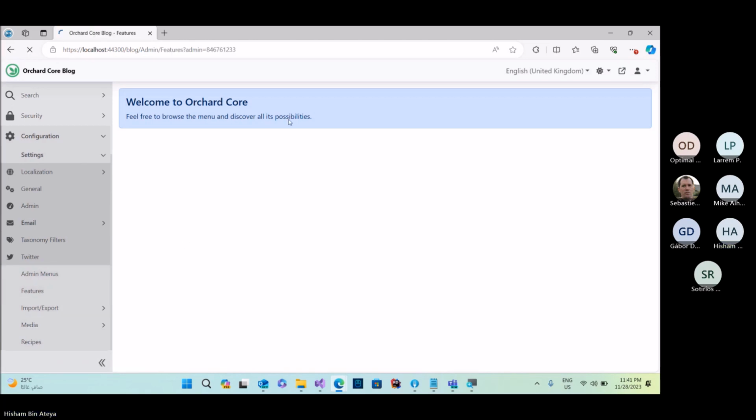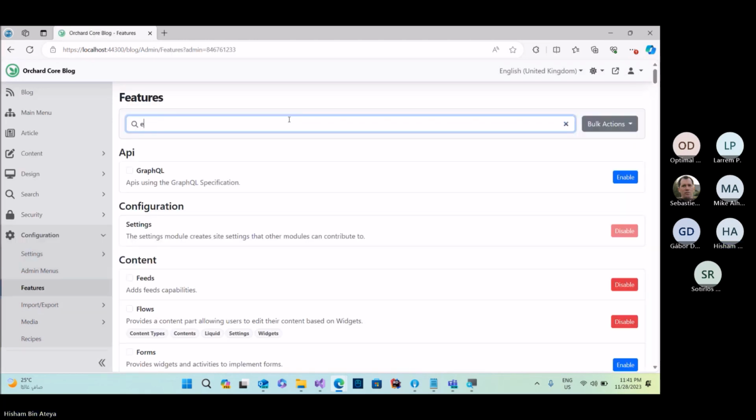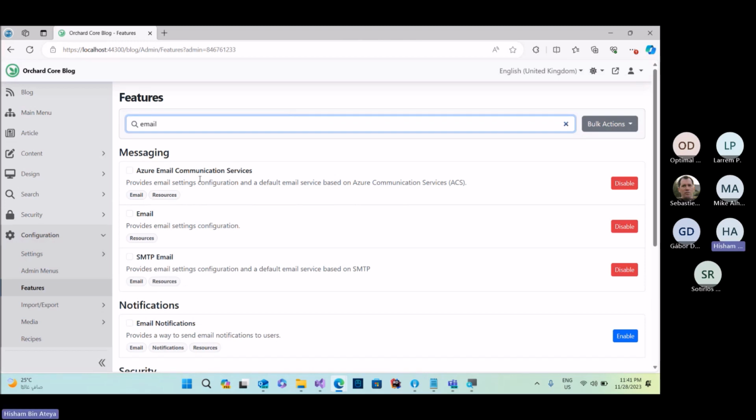Now we added a new implementation that uses Azure Communication Service, which has the ability to send email through the Azure platform. One of the issues here is that the default provider is based on SMTP, so we need to do some refactoring to allow other providers to hook into the system.